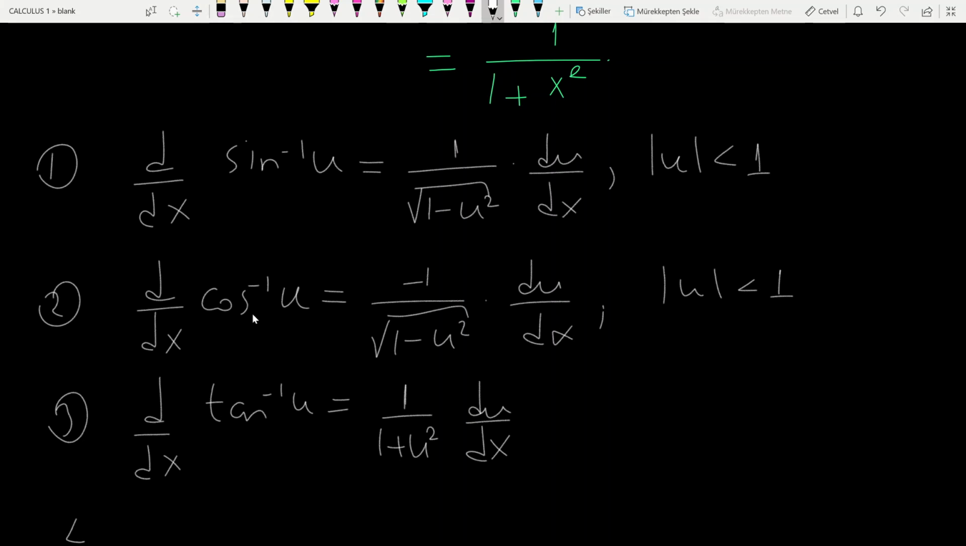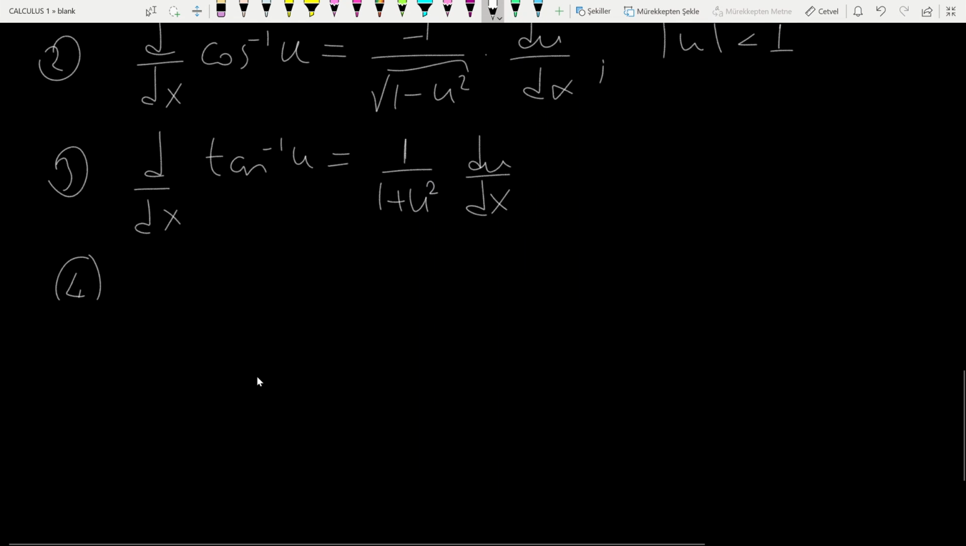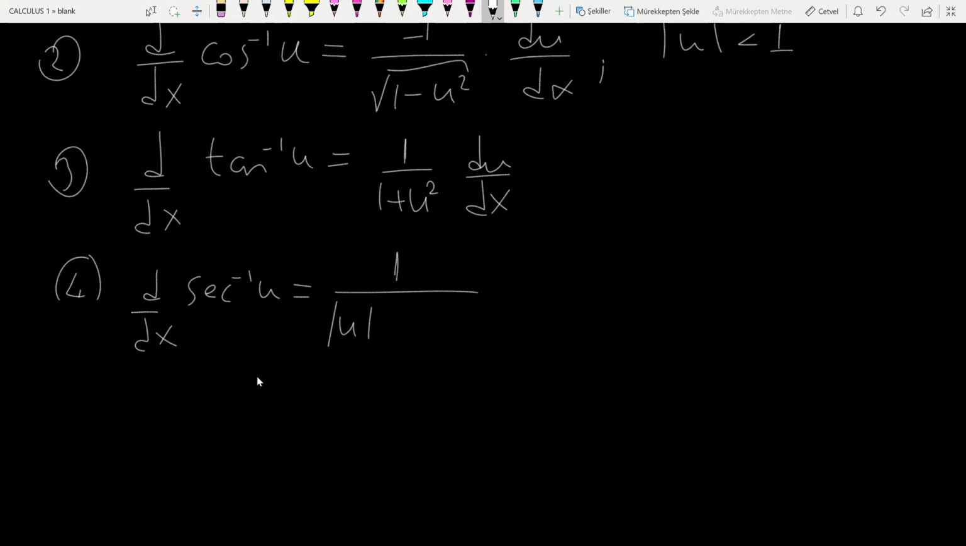What about the fourth one? The derivative of arc secant is equal to, it is the formula, u square minus 1 times the derivative of u with respect to x, and the absolute value of u here is greater than 1. The fifth one,